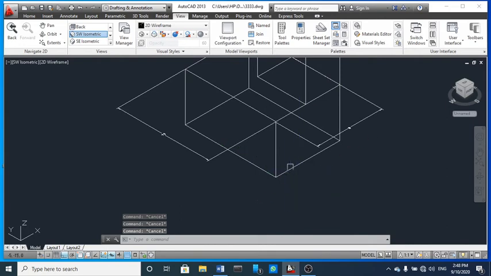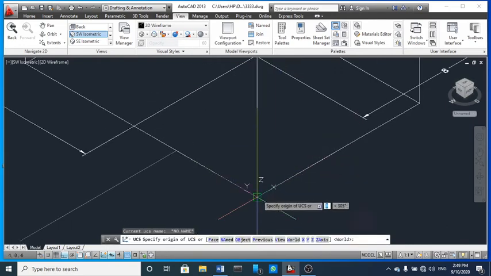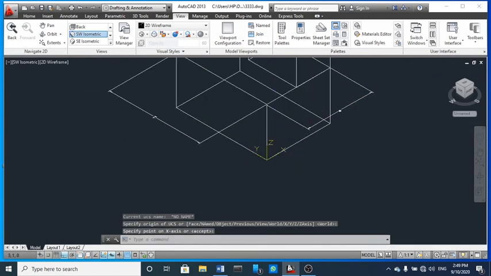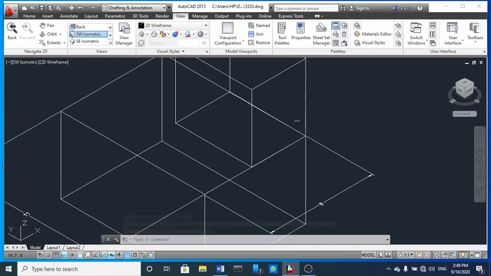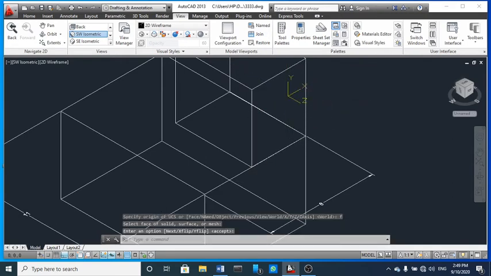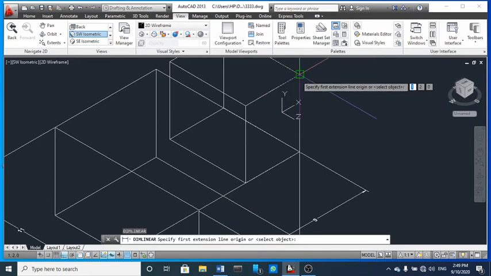And again, come to UCS. I am going to choose this. So here you can see how we can calculate, and I'm going to choose this face. UCS face, this one. So here you can use DLI for this wall length.